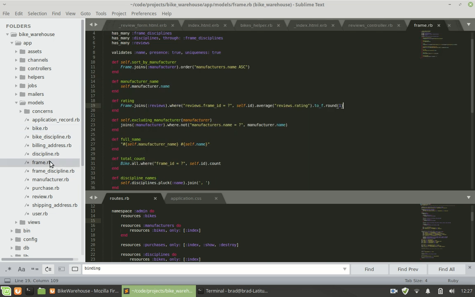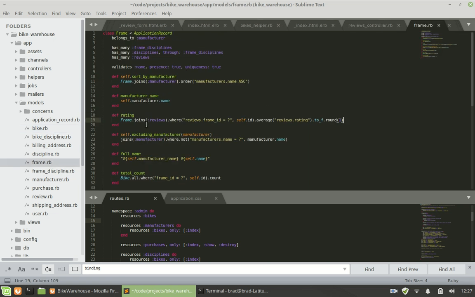So let's see here. We said that bike has a frame. So right here, this frame is real simple. It just has a name, and it also has many disciplines. In cycling, we've got different disciplines. You've got road racing, recreational, road, mountain bike, and then within each of those different disciplines you can have sub-disciplines, right? So from a road racing perspective, you might have road racing versus